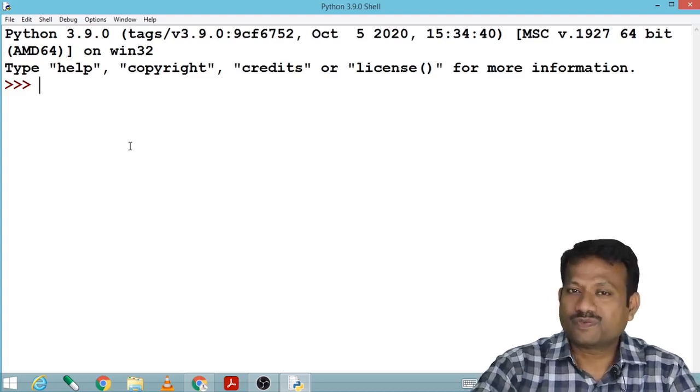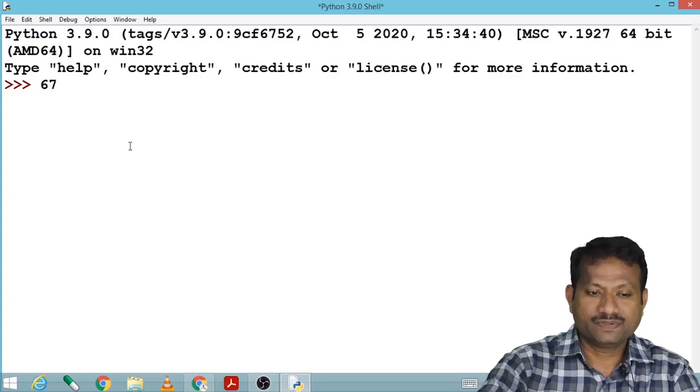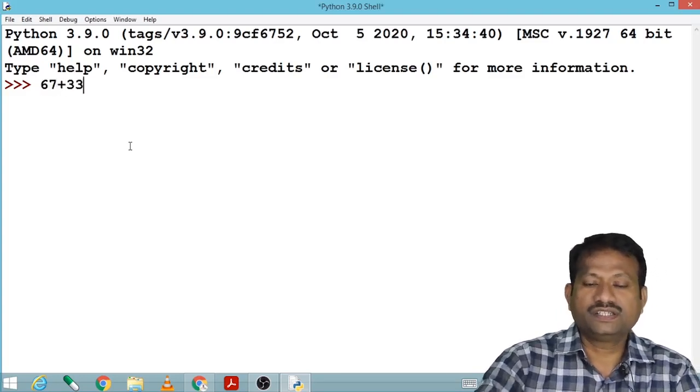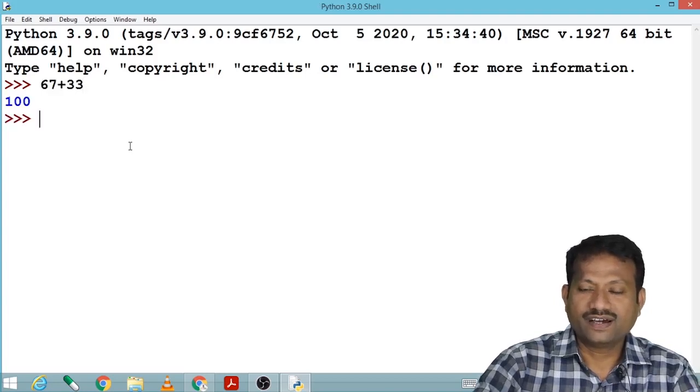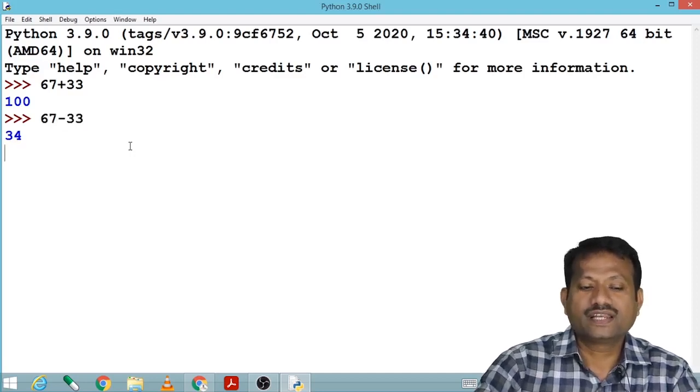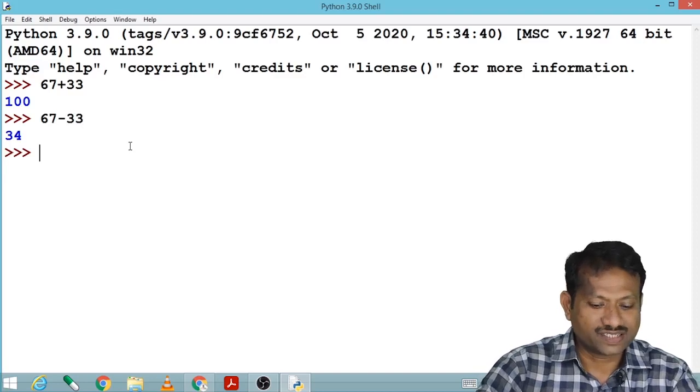Suppose I want to perform some addition. Let us type 67 plus 33. If I enter here, I'll get 100. That is result of addition. If I say 67 minus 33, I'll get the result of subtraction.